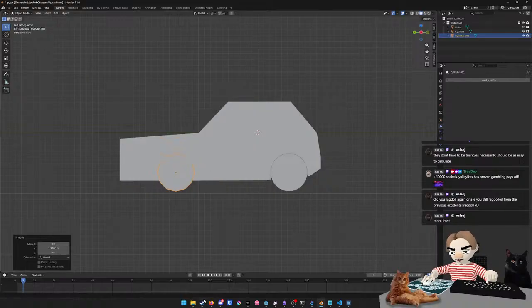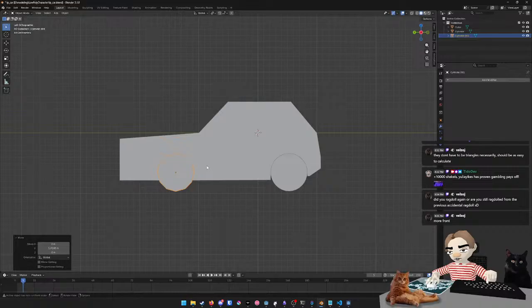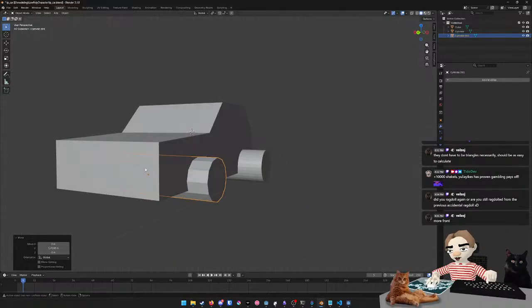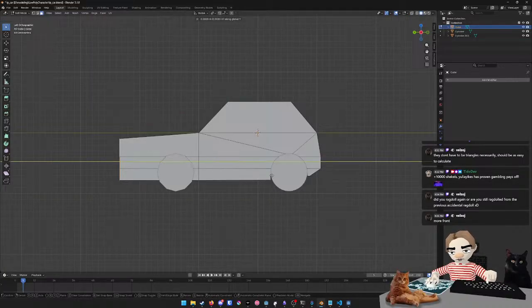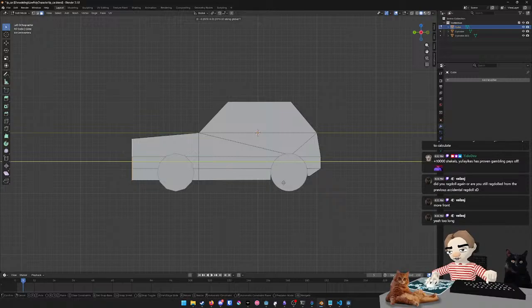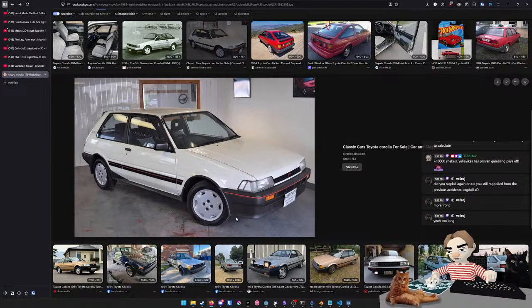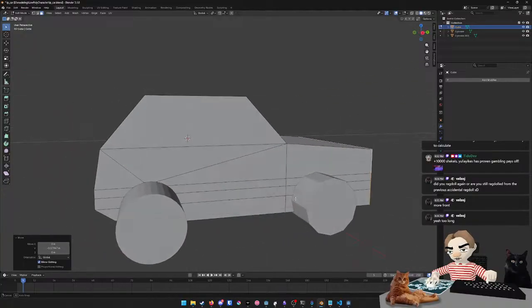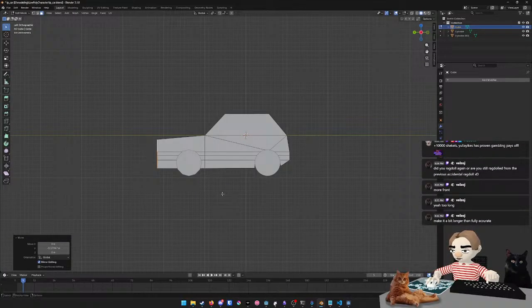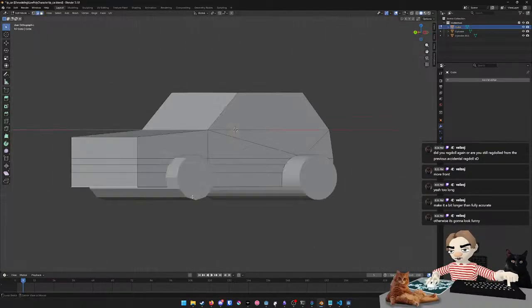More to the front, you think? It is quite like the door goes down and it's very little more to the front of the door. So I think that's pretty spot on. I think it's just too long. So how does that look? That looks pretty good. I think it's maybe a bit too wide still. Bit longer than fully accurate. Yeah, I think it looks a bit better when it's a bit longer, but